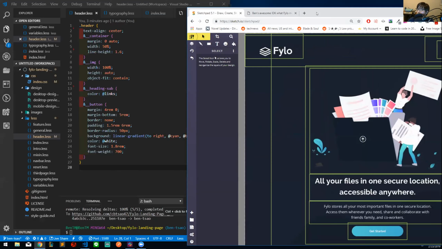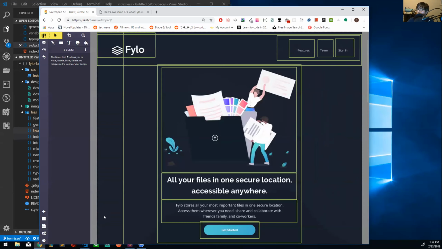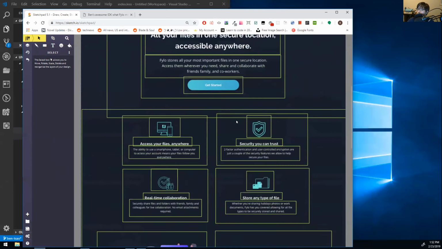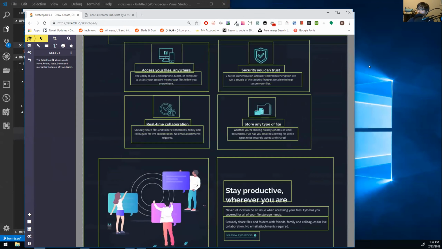But anyway, so let's get back. So after this, we're done with the header. Now, before this bar, I want to create the second page first. Now, for the first page,